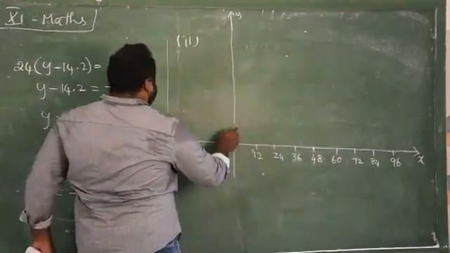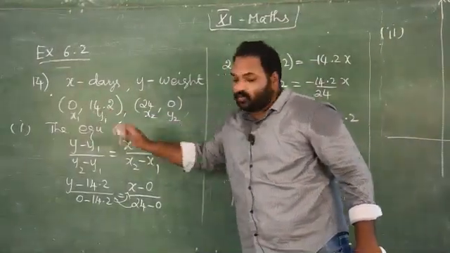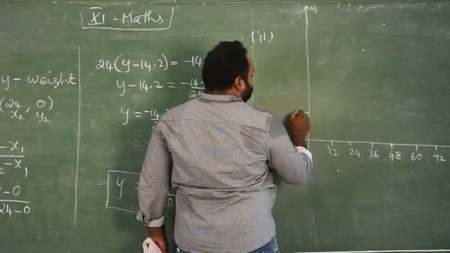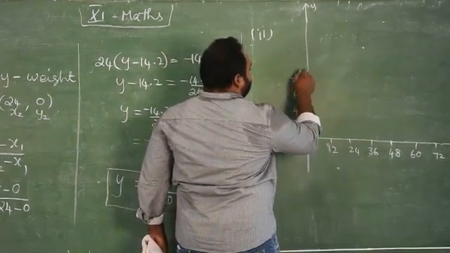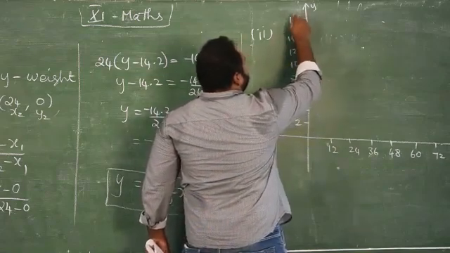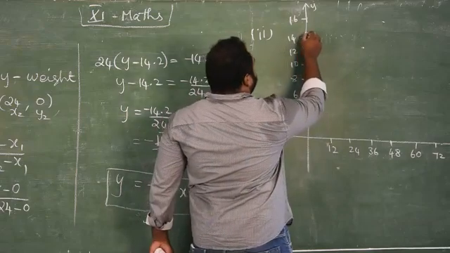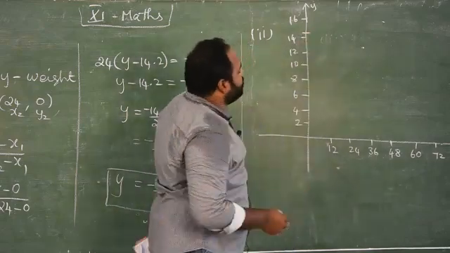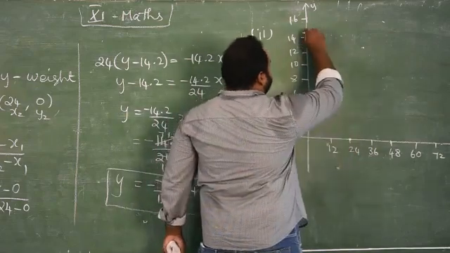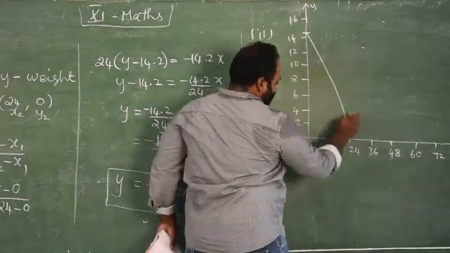Okay, now weight, y as weight. We have weight only up to 14.2, so I can take 2 units on this y: 2, 4, 6, 8, 10, 12, 14, this is 16, enough. Now draw the first diagram. Actually 14.2 is somewhere here, no? 14.2 is somewhere here. After 24 days, it will be empty. So for the connection between 14.2 and 24, draw a straight line. The line is supposed to be a straight line.